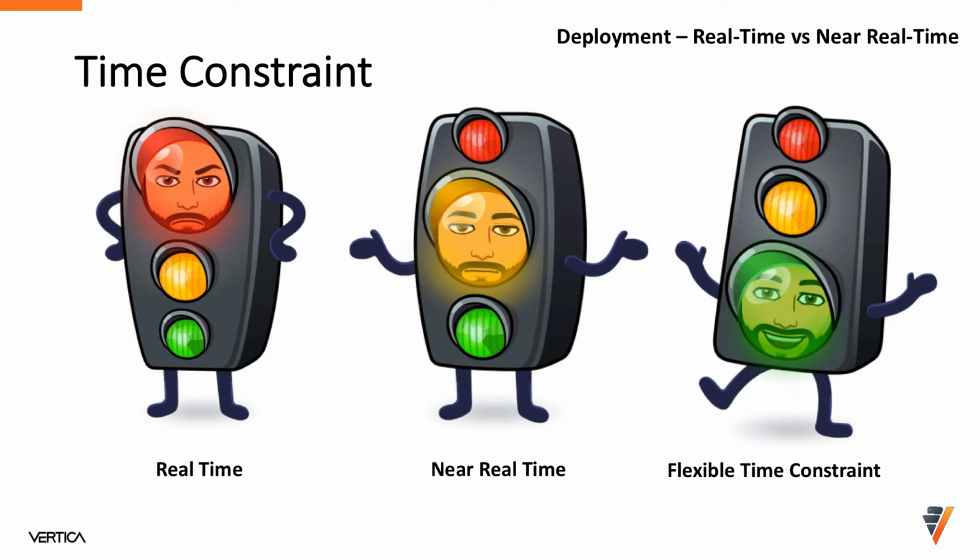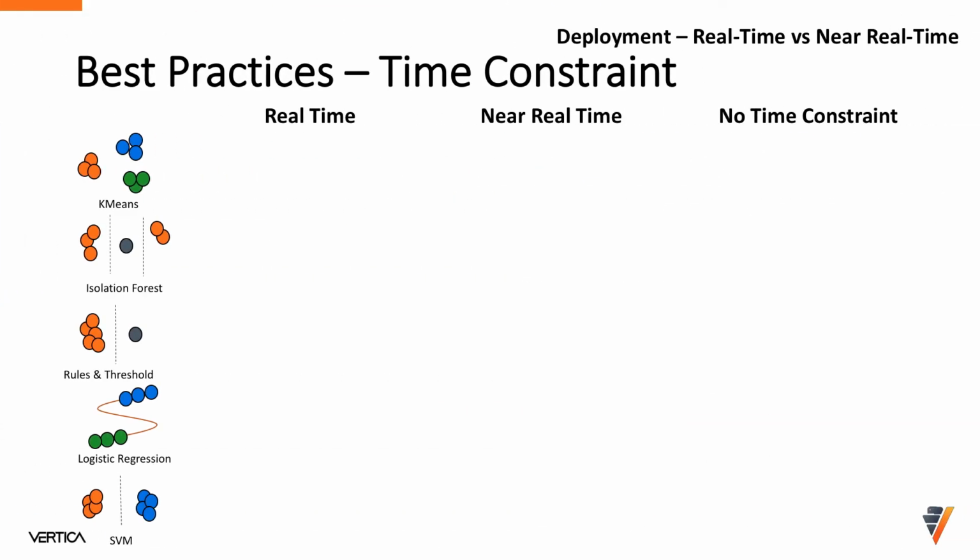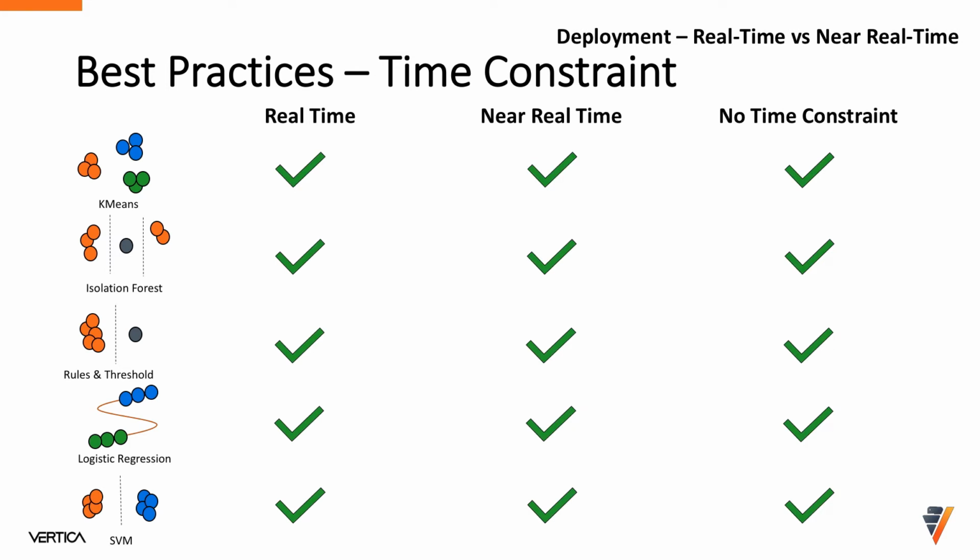Let's see the algorithms that can be used for different categories. Many different algorithms can be used in all use cases. Real-time, near real-time, and without any time constraint. This list is non-exhaustive and can help you to understand what kind of techniques you should use for real-time use cases. I really recommend k-means clustering, isolation forest, and basic rules and thresholds because of their simplicity of deployment and